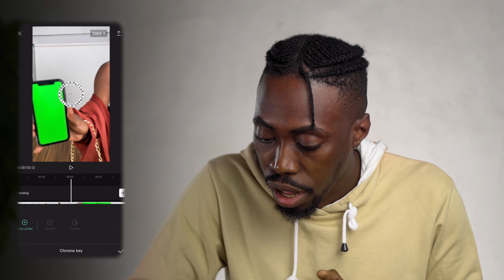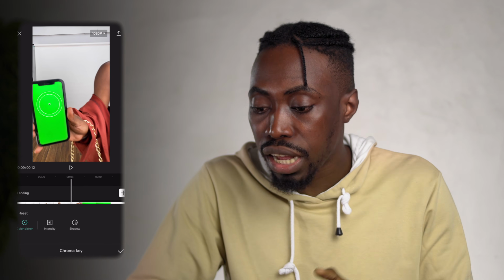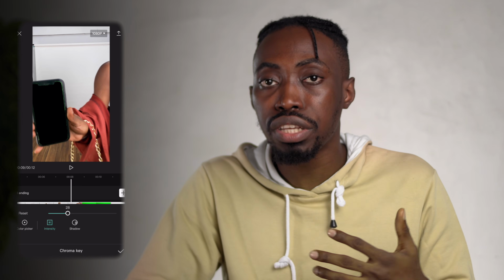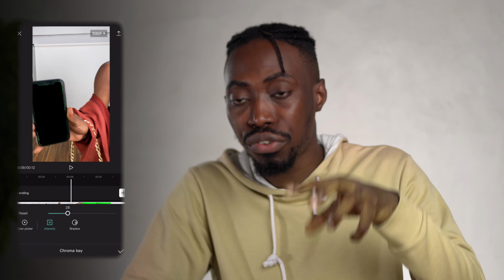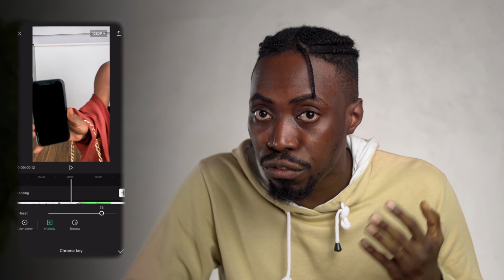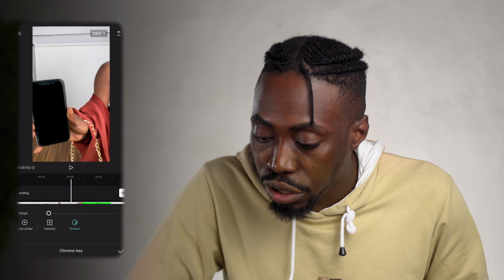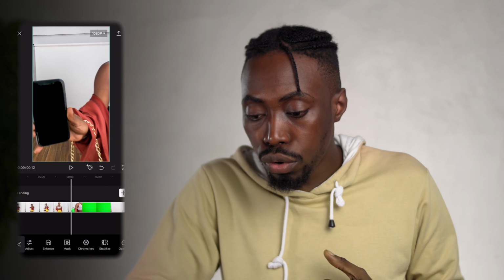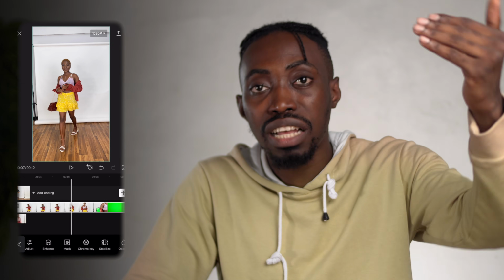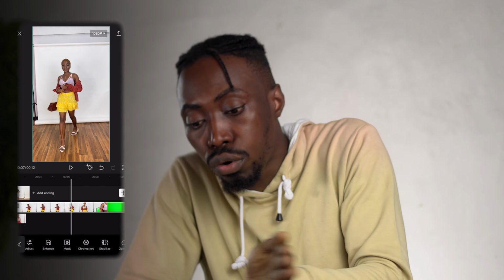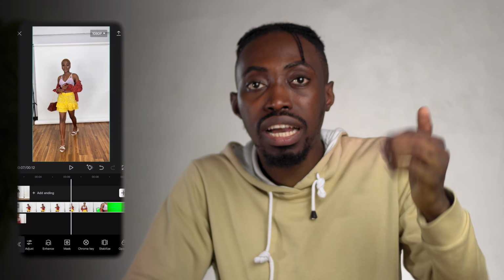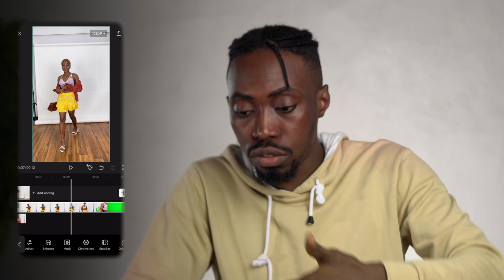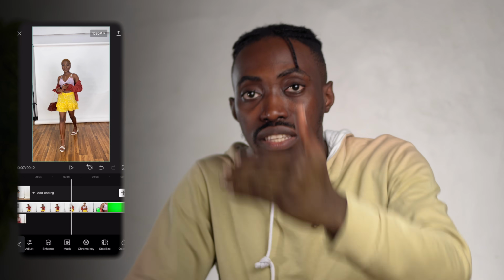So click on chroma key, color picker, carry the picker to the green, intensity 27. Sometimes 27 might not be strong enough based on the lighting around that green screen. So you can increase it a bit until you are perfectly fine with how it has blended. Then you click on shadow, to blend it with your phone so it looks perfect. Then right on top is where the clips are supposed to be. There are supposed to be a lot of clips right on top of your timeline, just so you can reveal what is under.